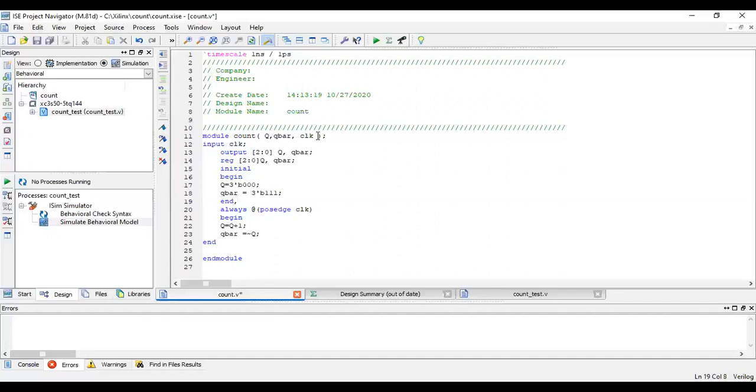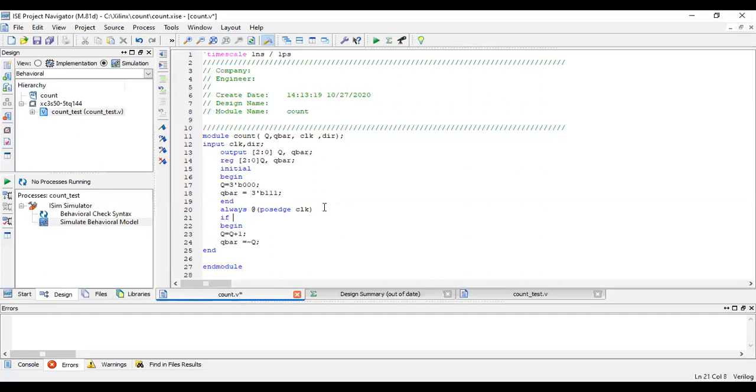So what we will do is we'll add one more input as direction. So here I'll add an input direction. Now my aim is if the direction is 1, it should act like an up counter. If the direction is 0, it is acting like a down counter.